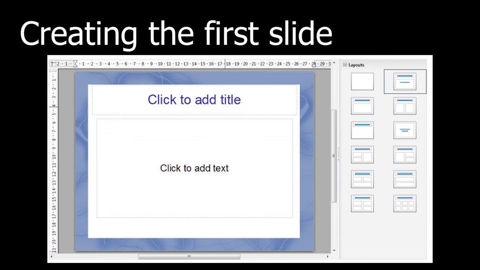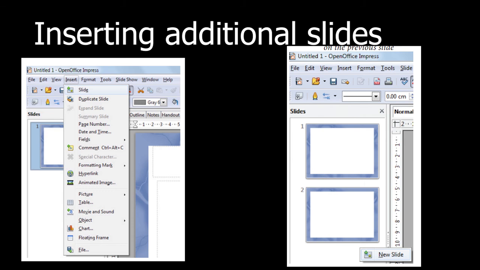Okay, let's see the steps. For that, first you have to insert a new slide. Inserting means you can go to Insert and Slide, or you can right click on the present slide and select New Slide from the pop-up menu, or you can click on an empty space after the last slide, and from there also a new slide can be selected from the right-click pop-up menu. Or you can select the slide icon in the presentation toolbar. One slide icon will be there. From there also you can select a new slide and insert a slide.